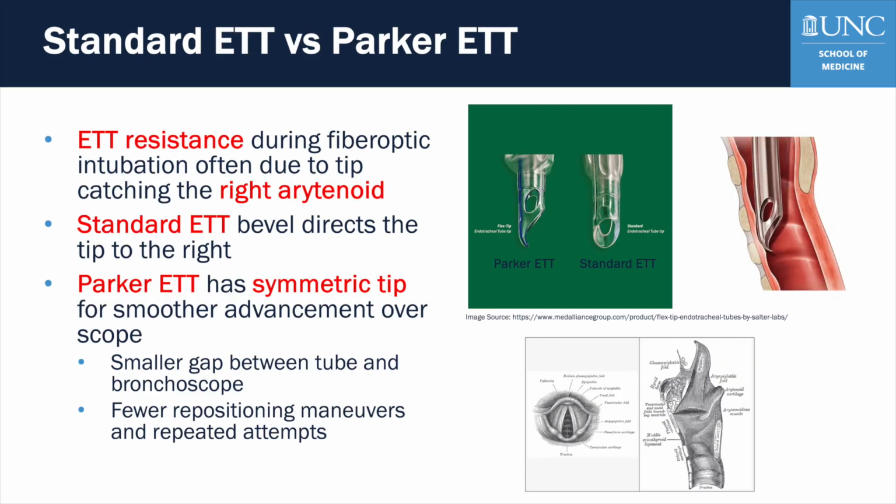As a side note, let's compare a standard endotracheal tube to a Parker FlexTip endotracheal tube. With a standard endotracheal tube, the left-facing bevel tends to direct the tube to the right, where it often catches in the right arytenoid. The Parker endotracheal tube addresses this by using a symmetric, flexible tip that tracks more smoothly over the fiber optic scope. This reduces the gap between the scope and the tube, leading to a smoother advancement, fewer repositioning maneuvers, and fewer